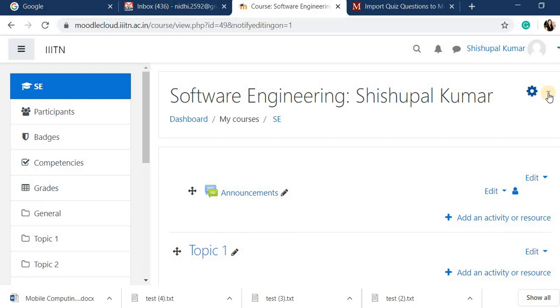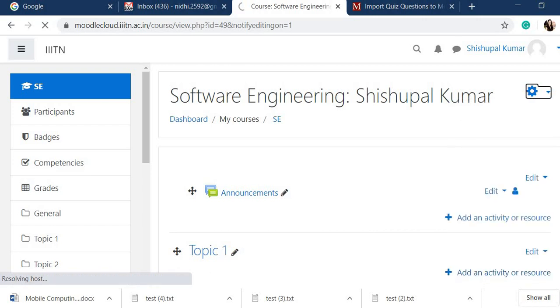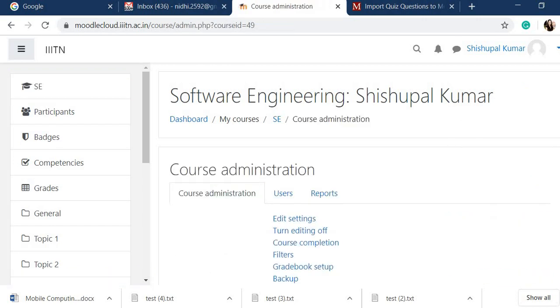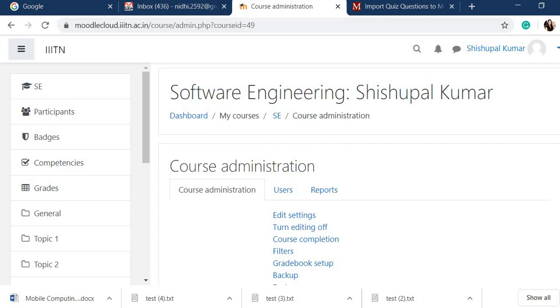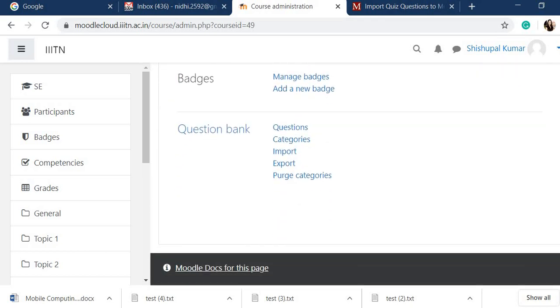On the right hand side, in the settings bar, you have to go to More. In the More option, there is course administration. In this you have to scroll down to the last and you can see the question bank tab. In the question bank tab there are many things, but you have to click on Import.